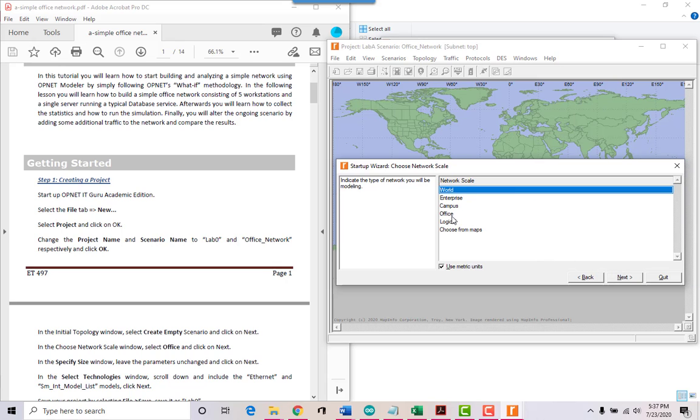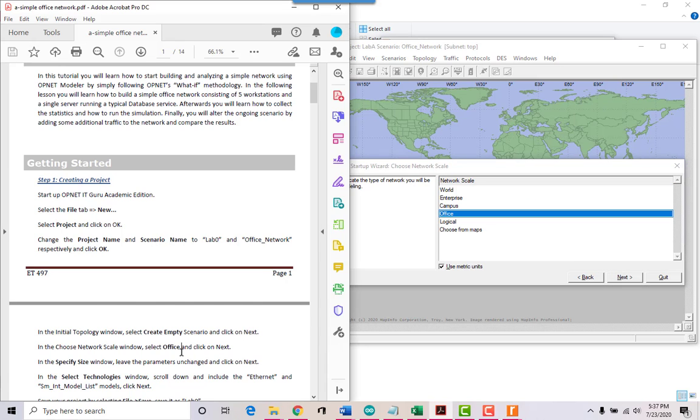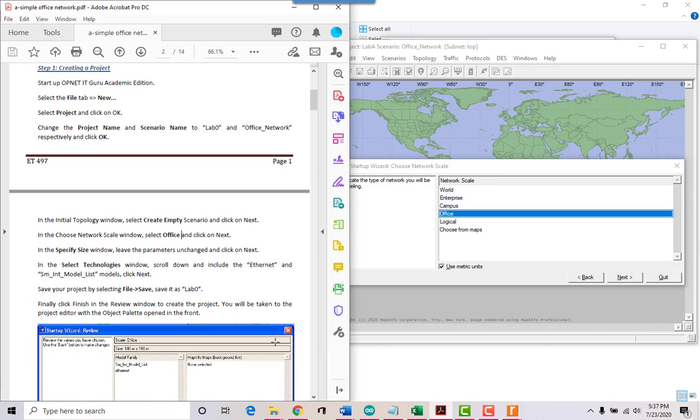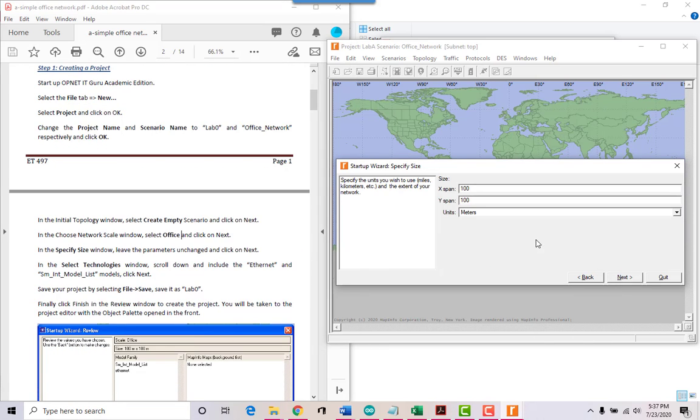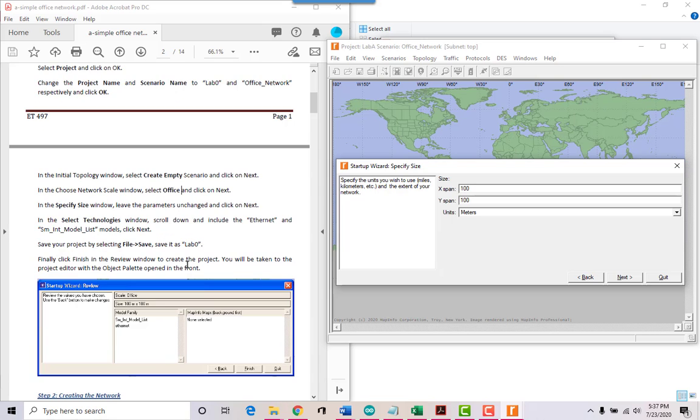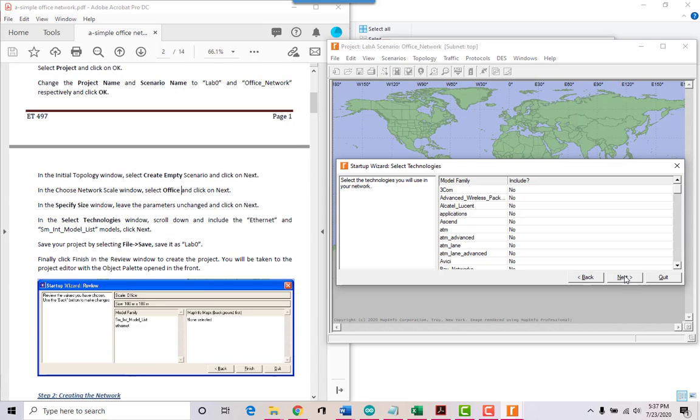Network scale window, select Office. I'm just reading over here. It specifies the size, and just leave the parameters. In the select technologies window, scroll down and include the Ethernet and the SM-INT model list.